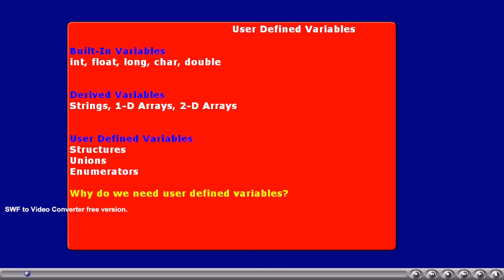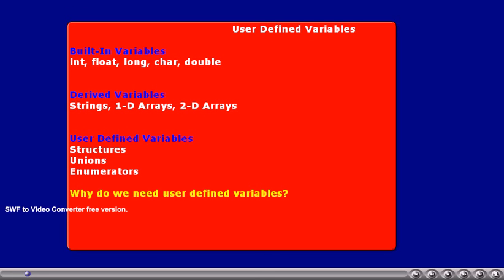Whereas in some applications, we may require special variables of our interest, in such a way that we will be in a position to do the operations, and also attempt a solution for such problems.